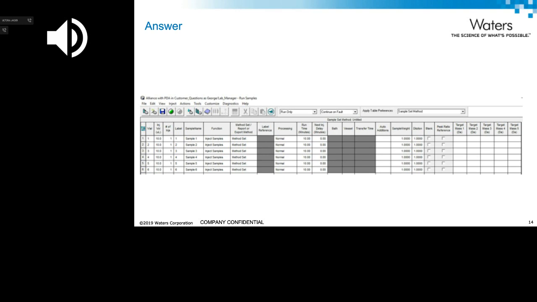It then divides it by the sample weight and multiplies it by the dilution factor, and that's the final number that Empower reports. Now, the defaults for these fields are 1. So essentially, the value read from the calibration curve versus the final value that Empower reports would be exactly the same.